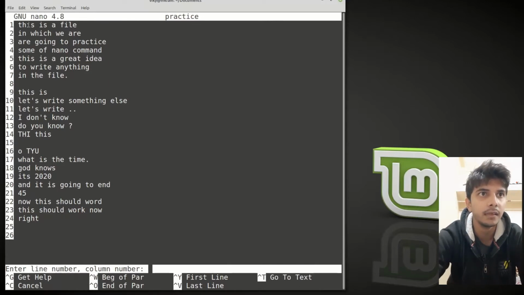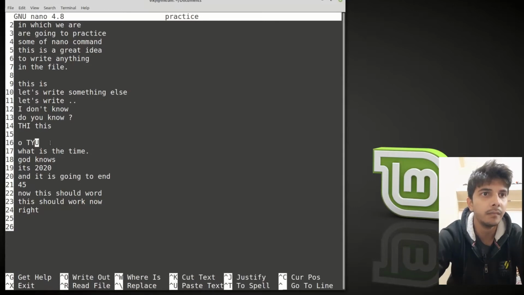Similarly, this character I is our first row and third column. So let's say I want to go to line number 16 and column number 5. It will bring my cursor to this position, line number 16 and column number 5. So 1, 2, 3, 4, 5. This is how we can reach a particular line number and also column number.